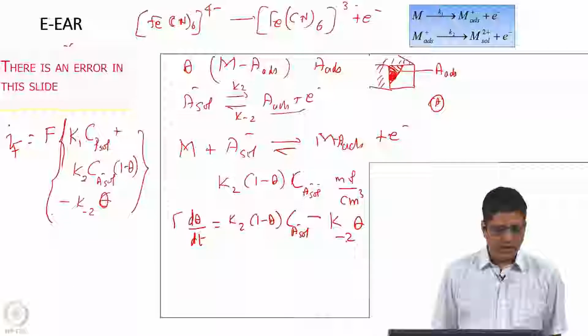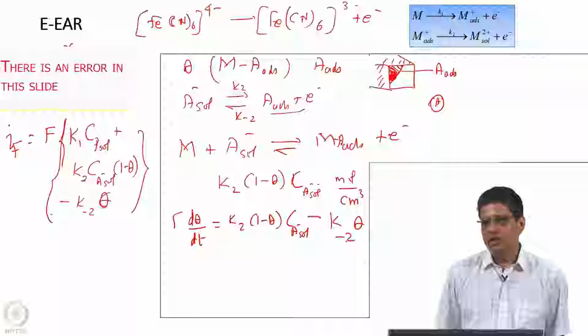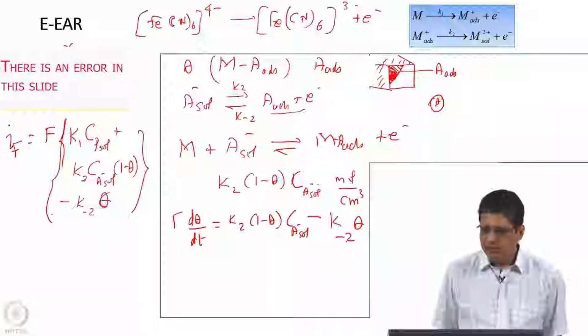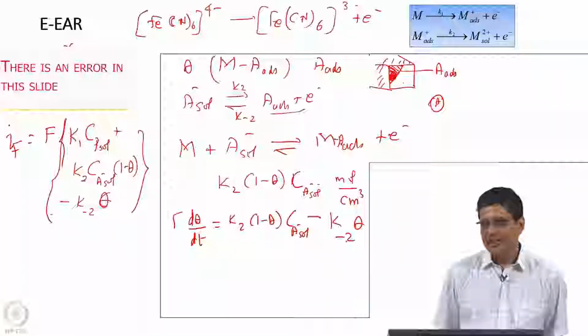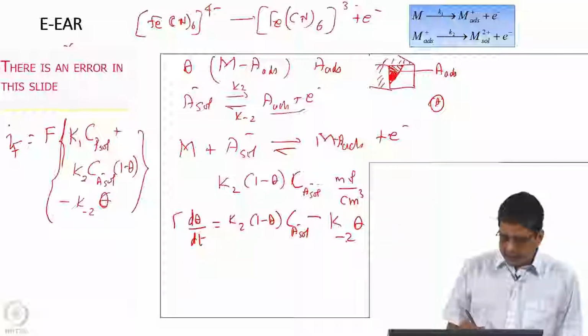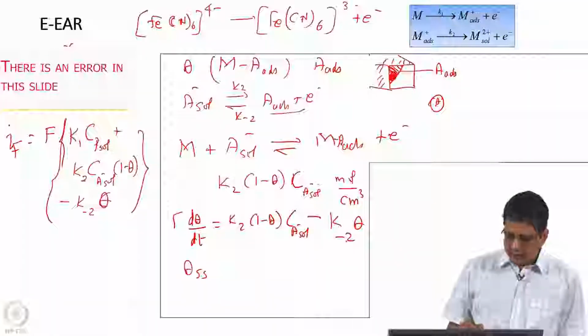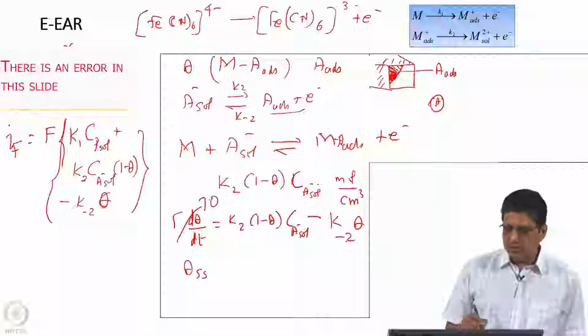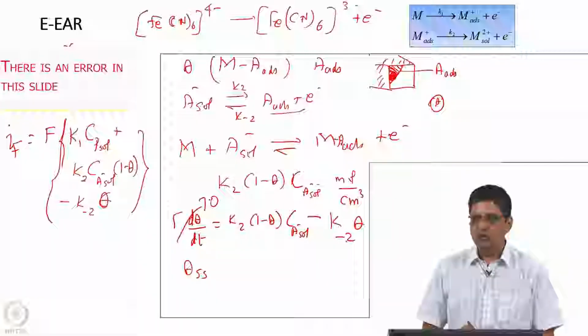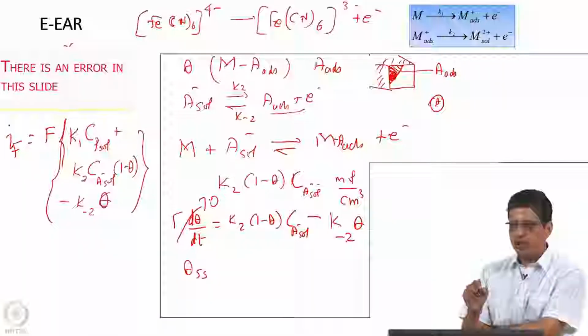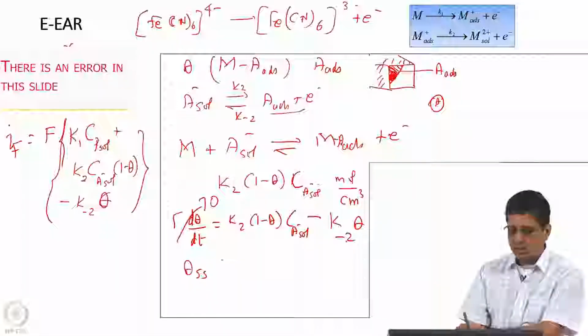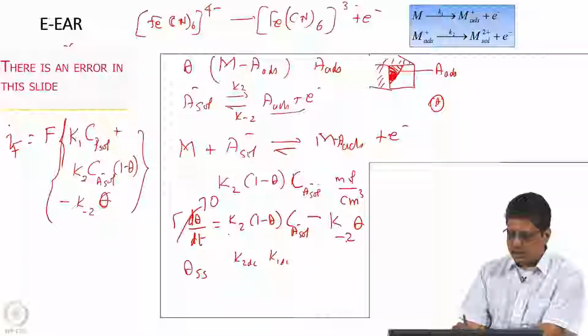So, when you are given the reaction, you should be able to write the Faraday current for this, you should be able to write the mass balance equation for this, and you should be able to write the steady state surface coverage. That means, can you write the expression for theta SS? When I want to set this to 0, that means DC potential is applied, there is no change of theta, there is no change of potential with respect to time. I am going to get K2 as K2 DC, K1 as K1 DC, but it does not participate in this, it does not come into play here.